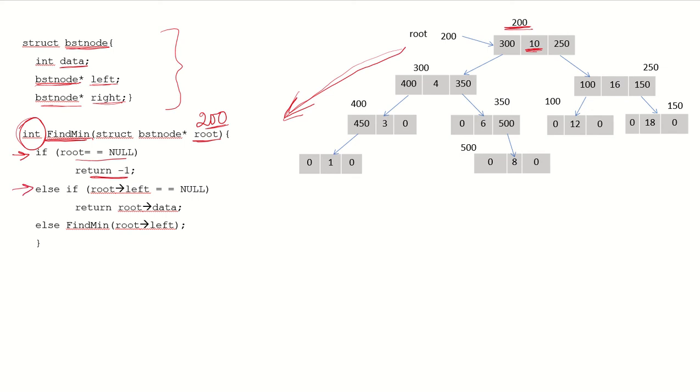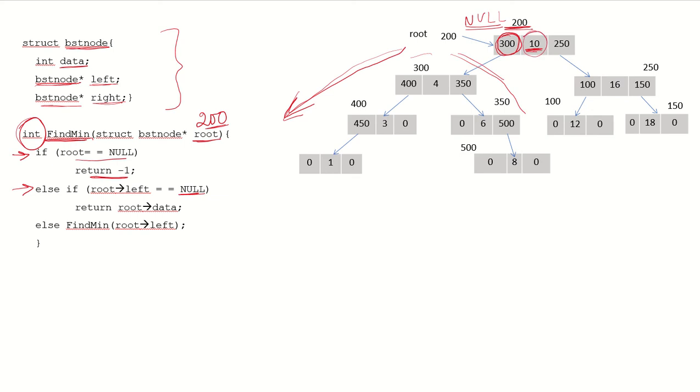Else, if root arrow left is null, so root arrow left is this pointer, if this is null, it indicates that there is no left child, and if there is no left child, that means there is no left subtree, and there is nothing over here.